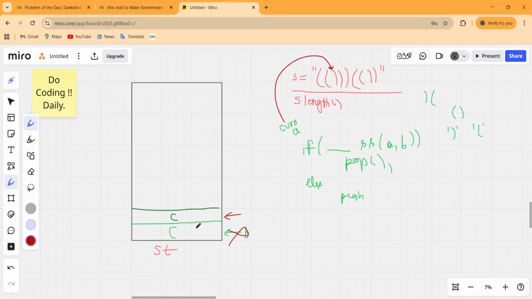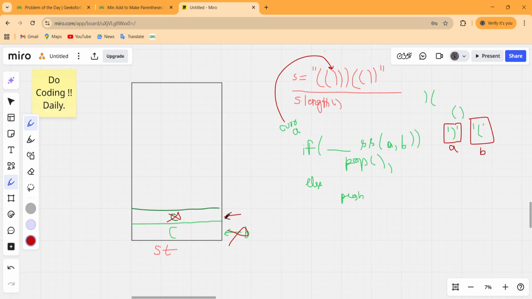No, the stack is not empty, so we have to match the pairing of A and B. This is A and this is B, and A this time is a closing parenthesis, the condition for A, and B this time is an opening parenthesis, the condition for B. This has to be B and this has to be A. Both the conditions get true, so pop out a valid pair from our stack.